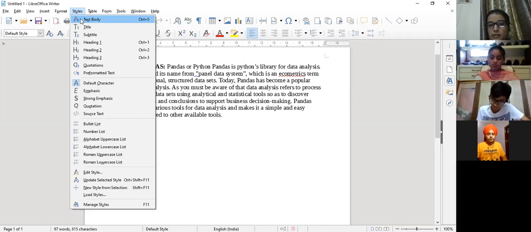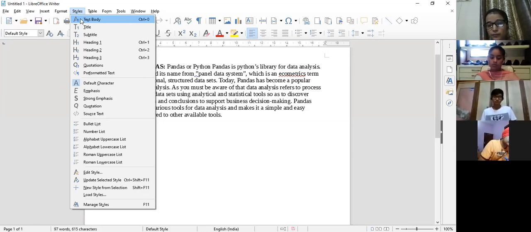The shortcut key is Control plus Shift plus F11, and you have to follow the same. It doesn't mean there are 3 buttons where you press F11 first, then Shift, then Control. It should be combined, Control, Shift and F11. Here it is a combination. That is update selected style.